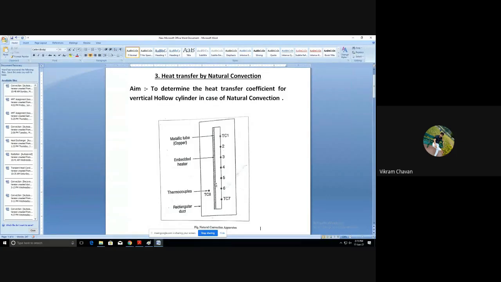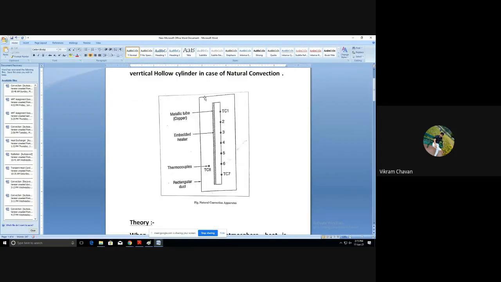Okay, so here I'm speaking about the construction details of this particular experiment. The experiment consists of a rectangular duct, which has a function to avoid unnatural flow of air inside the duct, so that the environment will be maintained properly. There will be a still environment inside the duct, and this particular duct is open at the top side